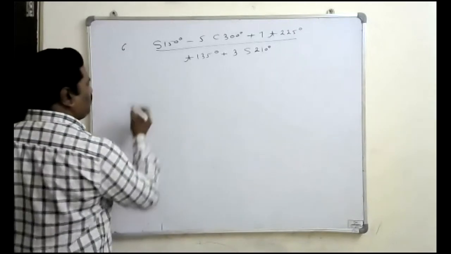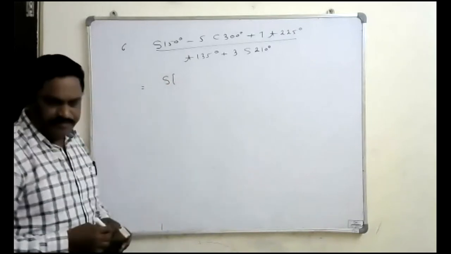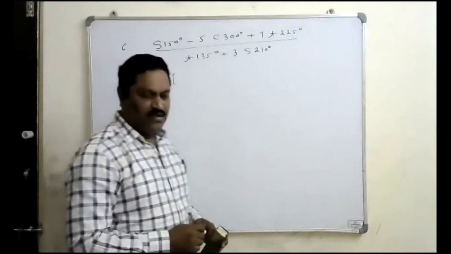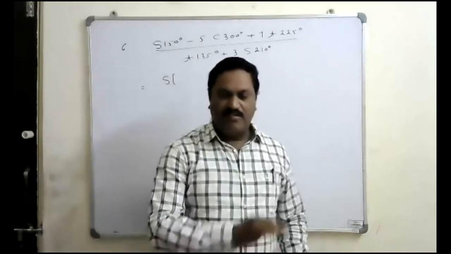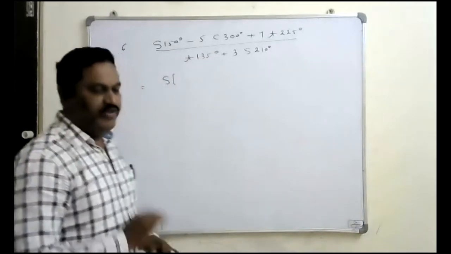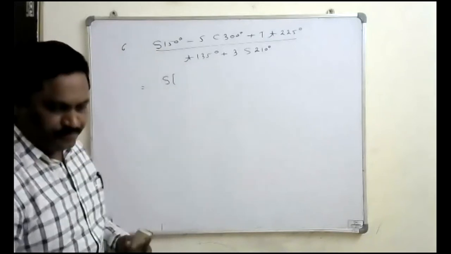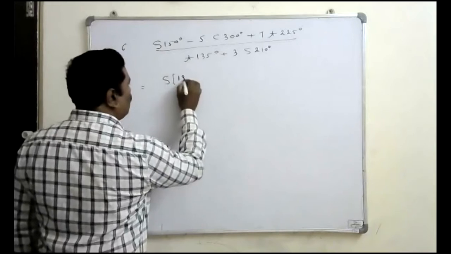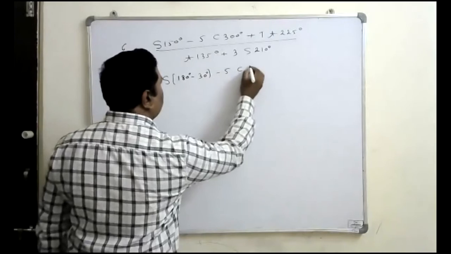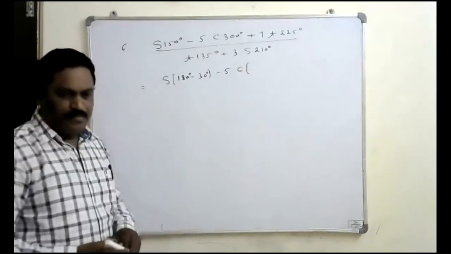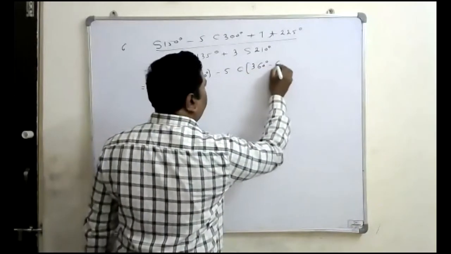To evaluate this, all these angles we will express in terms of their nearest quadrant angle. And my advice is that try to maintain that quadrant angle which lies on the x-axis. Then the function is not going to change. So we can avoid some confusion. So tell me, how do you write 150? 180 degree minus 30. Minus 5 times cos. How do you write the 300? 360 minus 60.